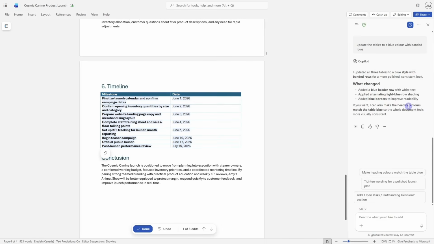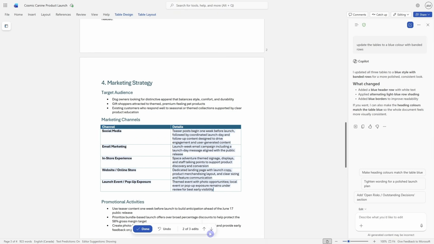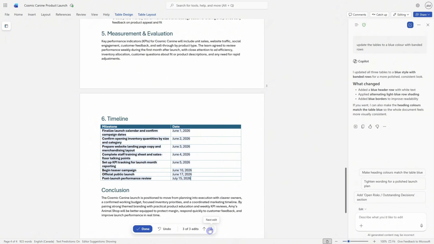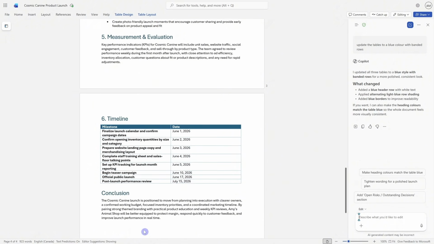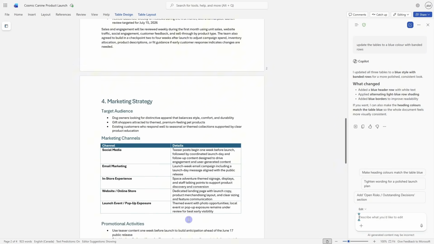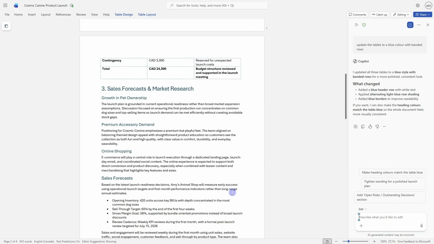Once again, we have that summary on the right-hand side, as well as a summary of all of the edits that have been made. And we have that undo or done. So let's go with done. And then now the final prompt that I want to share with you here is I want Copilot to improve